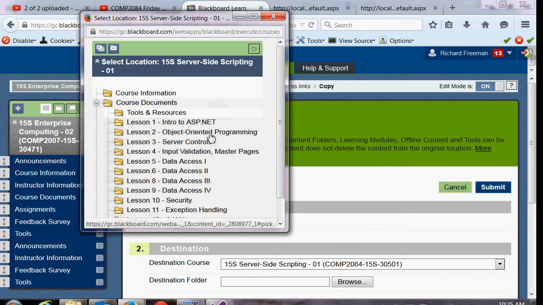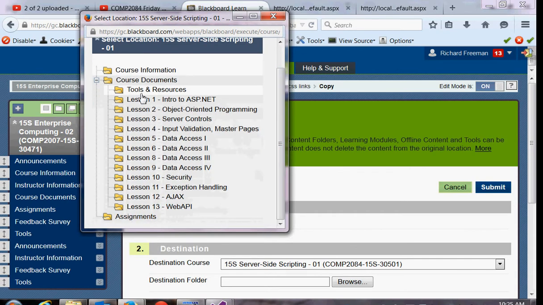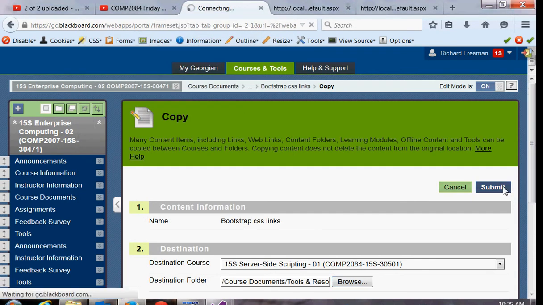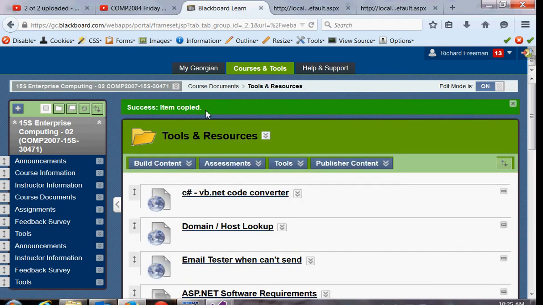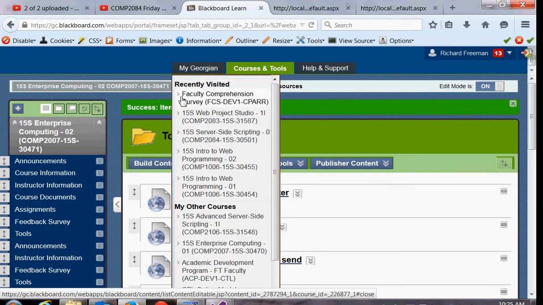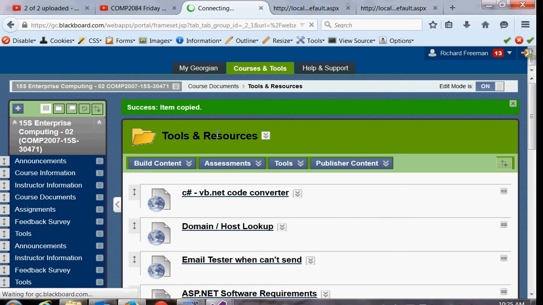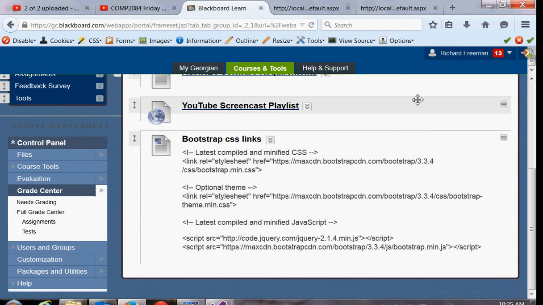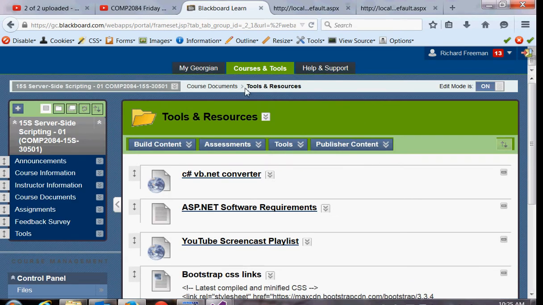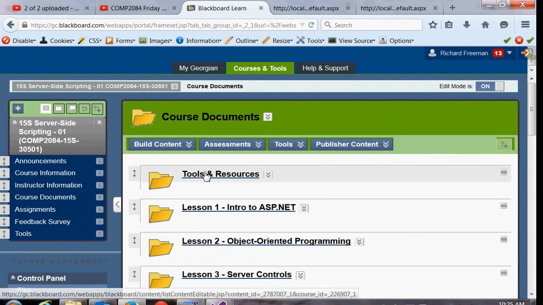So I am just going to dump inside of the tools and resources folder links to Bootstrap and jQuery and an optional Bootstrap theme. You don't have to use this. If you want to write your own CSS, by all means, go ahead. So if you go into Course Documents, Tools and Resources, which is the first folder,